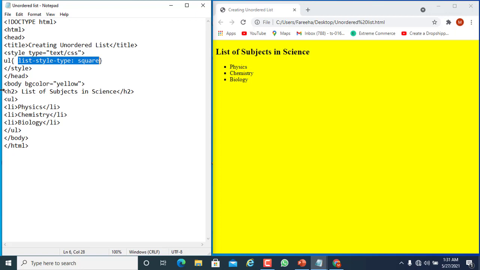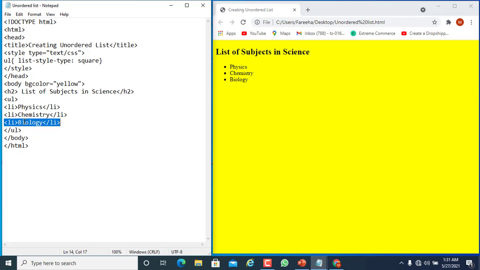This is the heading element which is defined here, and we write a list of subjects in sciences as a heading. Then unordered list starting tag. In first list item tag we write here physics. In the second list item tag we write here chemistry, and in third list item tag we write here biology.